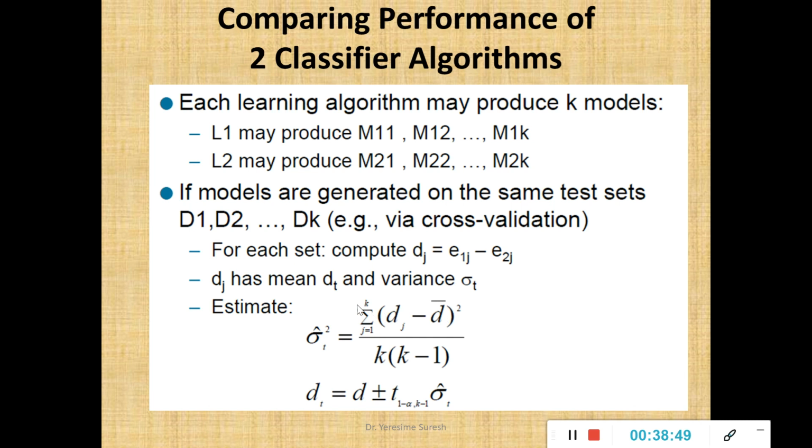For all the 30 sets, find the observed difference dj and the variance, substitute in the true difference, wherein true difference is found by observed difference plus or minus the lower bound and upper bound for the given confidence interval level multiplied by standard deviation. Square root of your variance will give me standard deviation, and if the interval between lower bound and upper bound consists of the 0 value, that means it is ranging from negative values to positive values, then I can obviously conclude that the given two models are not statistically significant to each other.